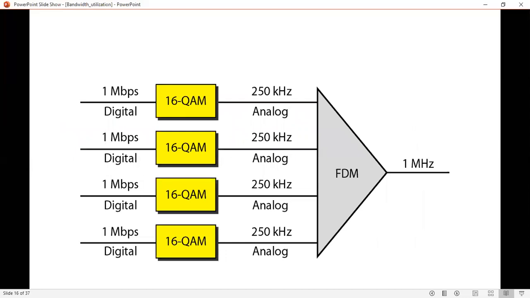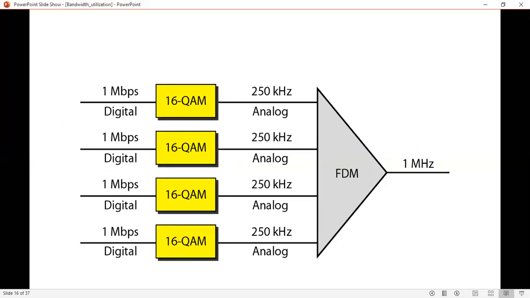The 4 channels are given as 4 input lines here. On the right side the transmission link is 1 megahertz. This has to be divided by 4 to get